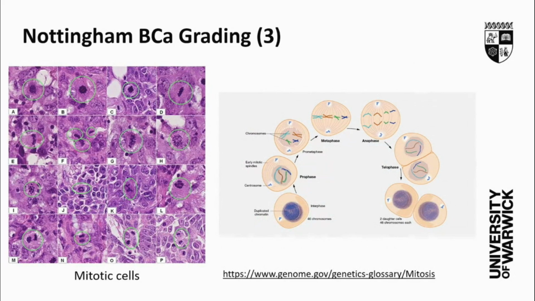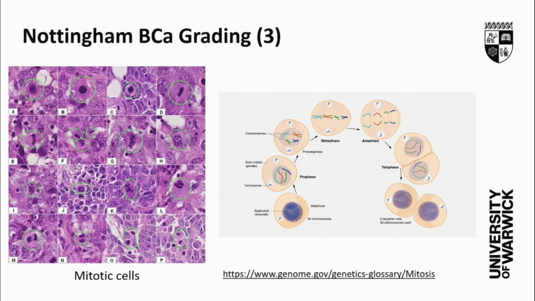Finally, the mitosis count. Mitosis, as you know from your A-level biology, is the process of cell division, and in cancer, the faster the division, the higher the number of mitosis, the higher the number of cells which are dividing, the higher the grade of the cancer. The score of the cancer will be higher for mitosis count. So these are some examples highlighted in green for the mitotic cells, and the pathologists usually count these mitosis in the high power fields, and based on that,